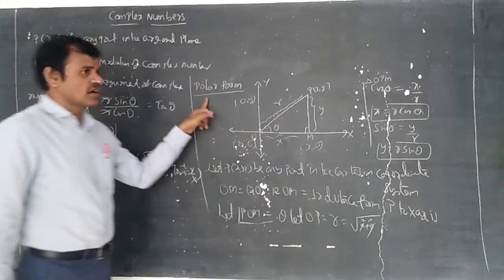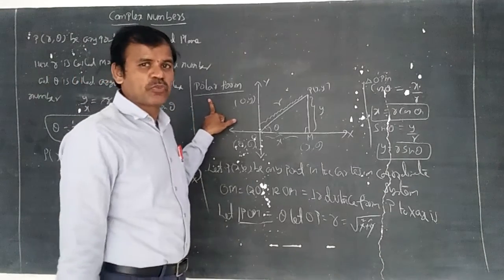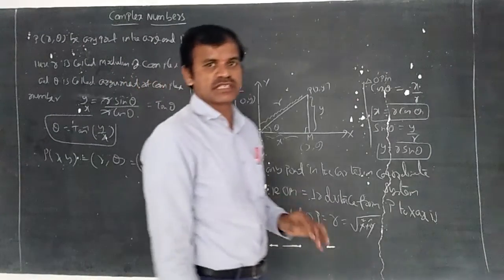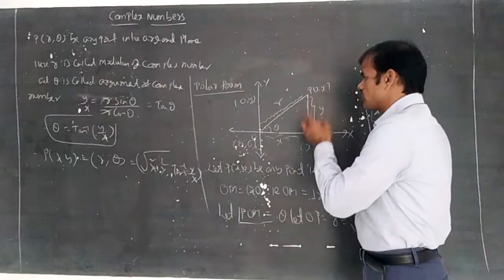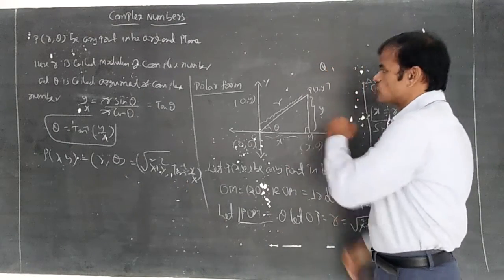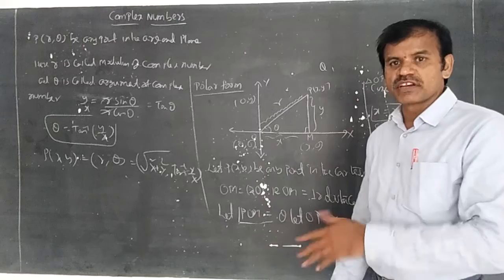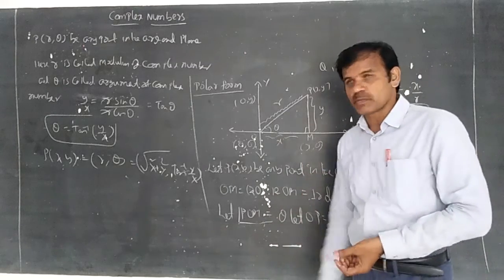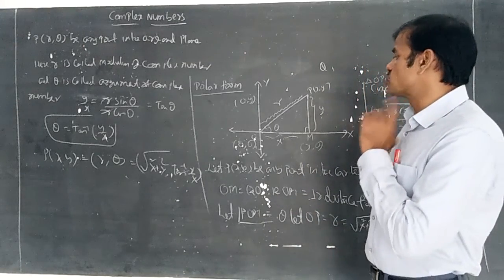Here I did not discuss the polar form. I am simply discussing the theory with you. Later you can face that polar form. I have taken the theory in Q1. In Q2 it will be separate, in Q3 it will be separate, in Q4 it will be separate. But theta is equal to tan inverse y by x will be there.